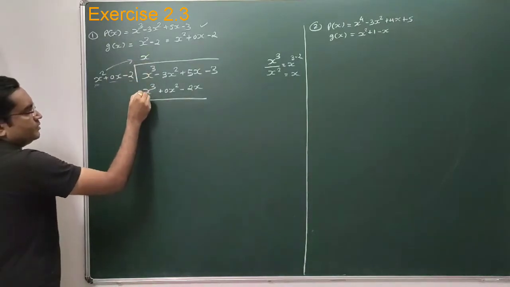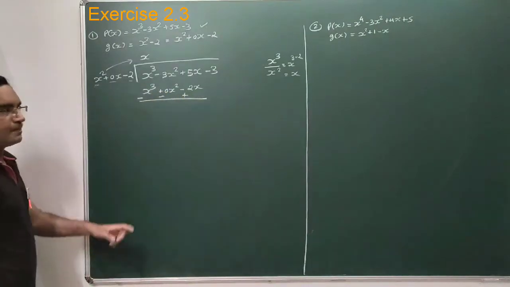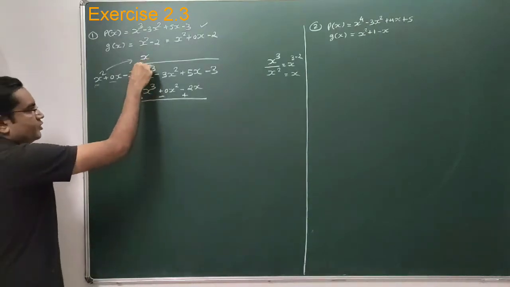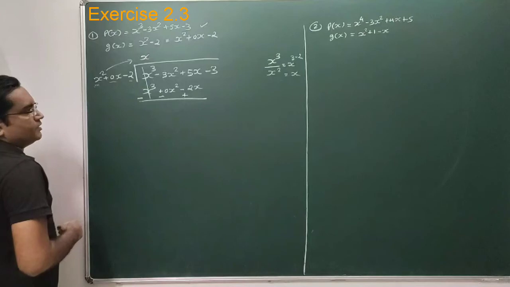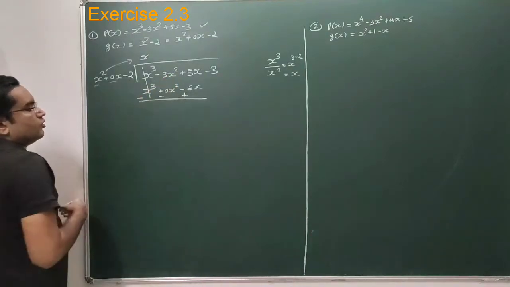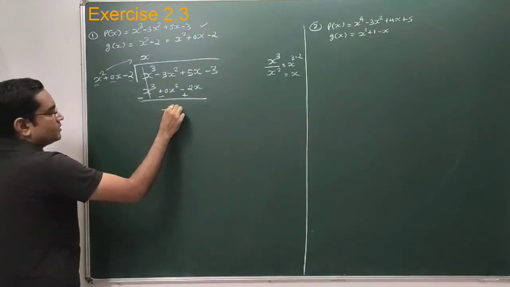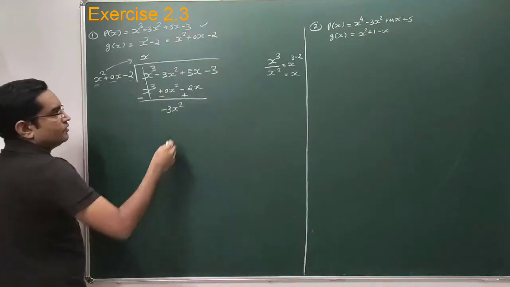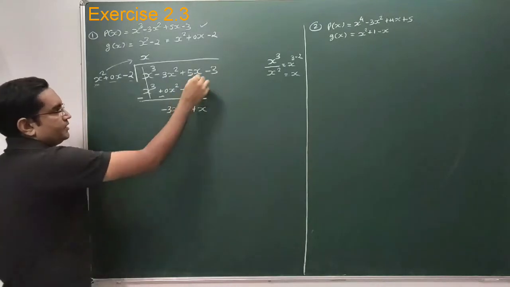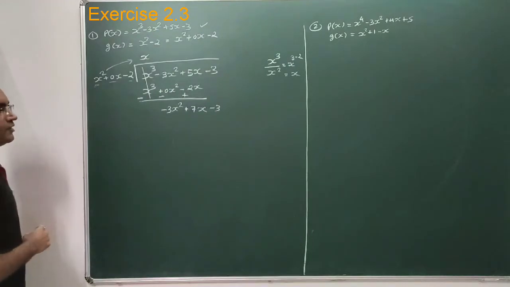Now we have to change the sign. Plus is there, minus; plus is there, minus; minus is there, so plus. Change the sign. Now x cube minus x cube, equal terms, they can be cut, 0. Minus 3x square minus 0x square. These two are like terms and the sum of the coefficients is minus 3 minus 0, which is minus 3x square. Then 5x plus 2x, so here we have to put 7x, and take this minus 3 down with these given terms. So this is the first step.